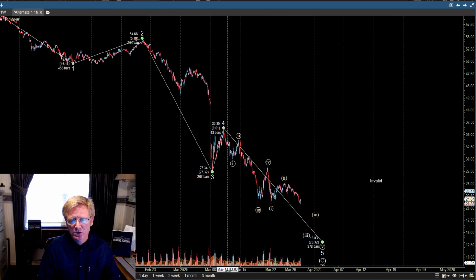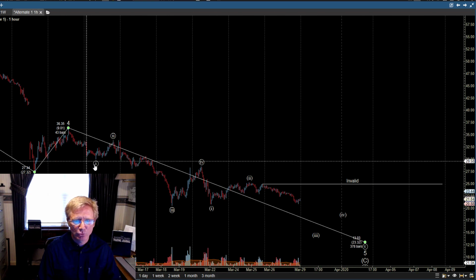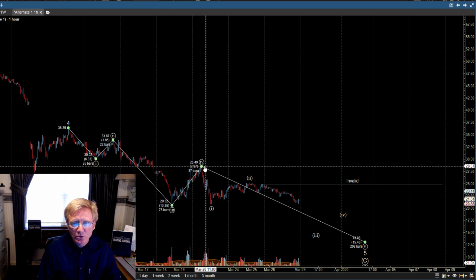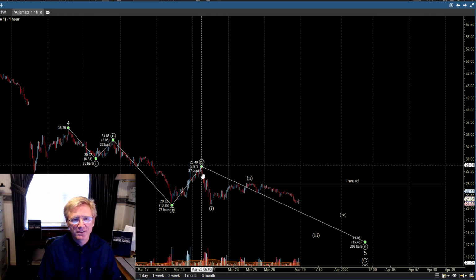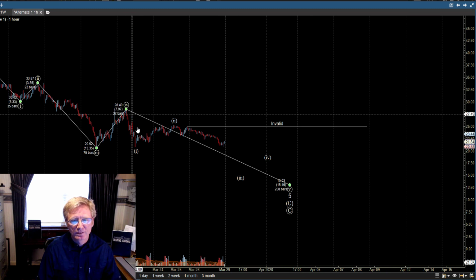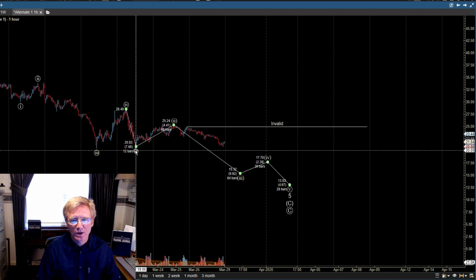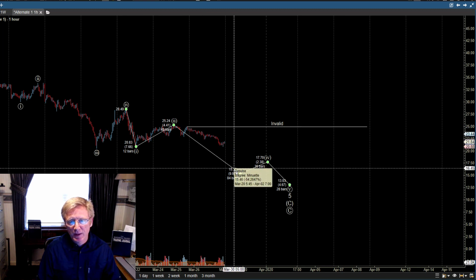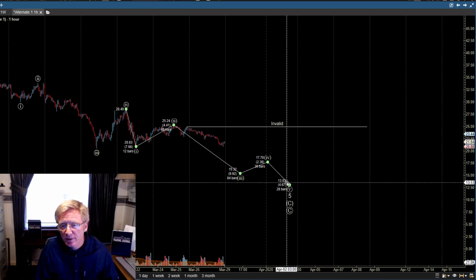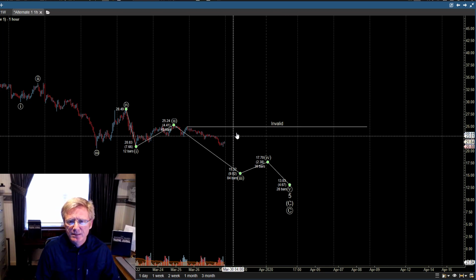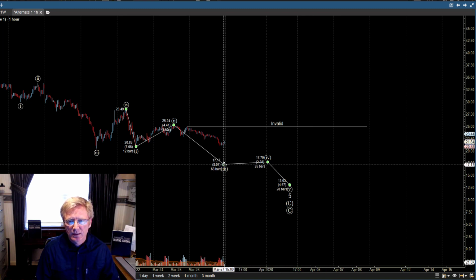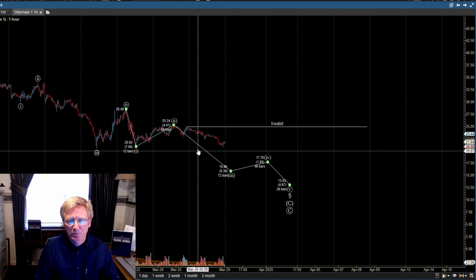And so how many waves does wave 5 have? Wave 5 has 5 waves. So I'm counting 1, 2, 3, 4 does not make it back within 1, so it's okay. So how many waves is wave 5 made up of? 5 waves. So here's wave 4, getting down into the micros here. Wave 1, wave 2, expecting a wave 3, 4, 5 for the end of the bear market, and that could be anywhere down in here. Now if it gets above here, this count is invalid, because wave 3 definitely needs to drop down here.